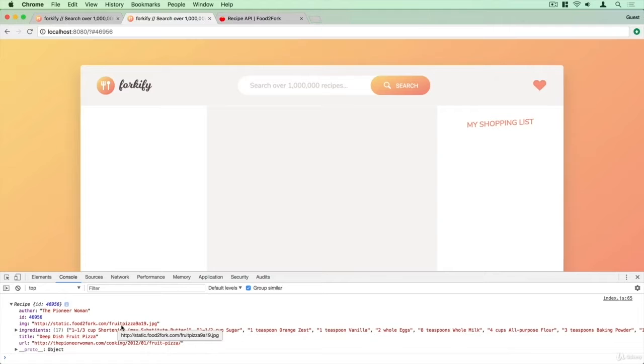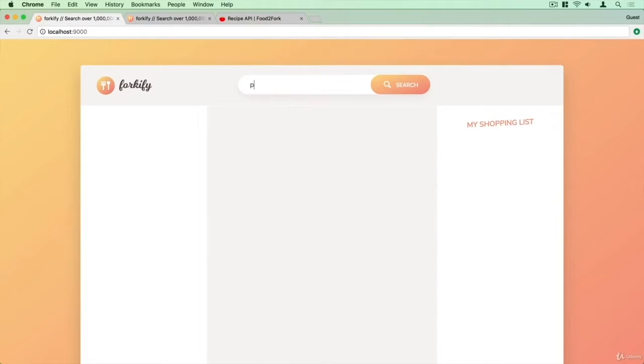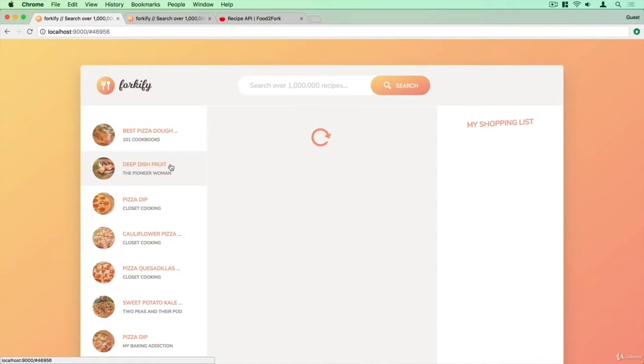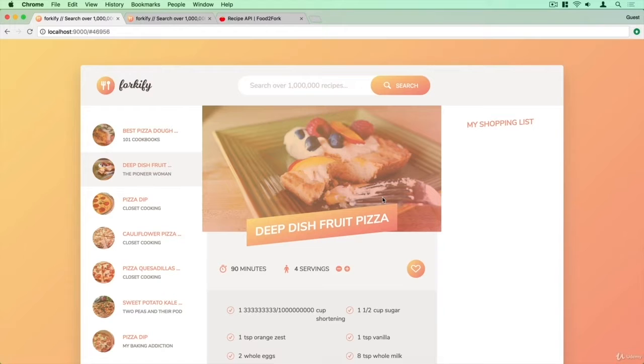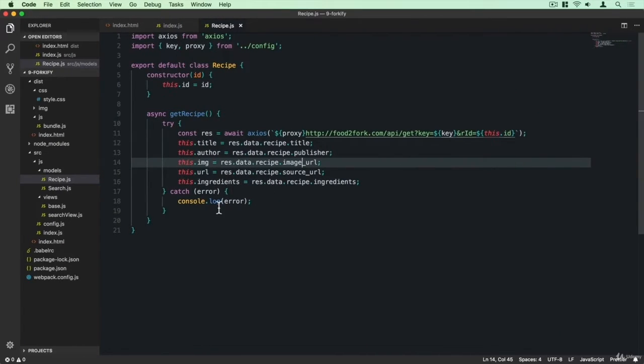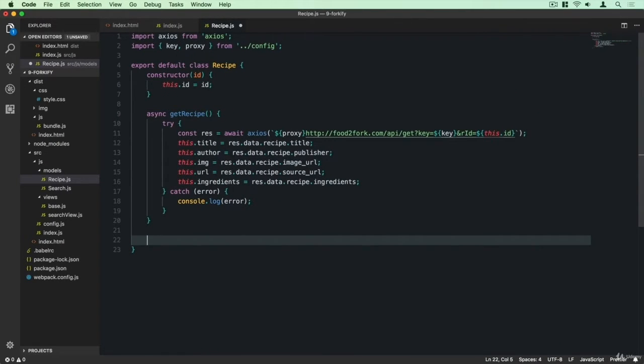Now let's just add a couple more things to our data model. So let me show you how our app works in the end. So what we have here is not only the stuff that we got from the server, but we also have the cooking time and we have the amount of servings. Okay, so let's now add some methods to calculate these. Okay, so let's do